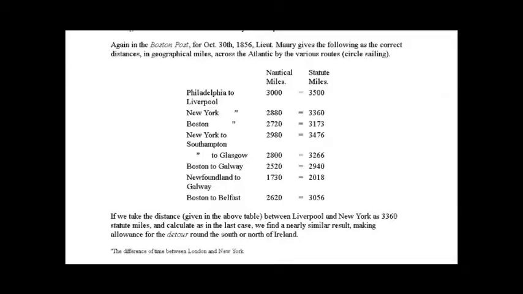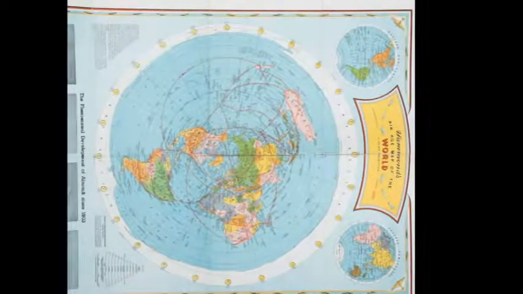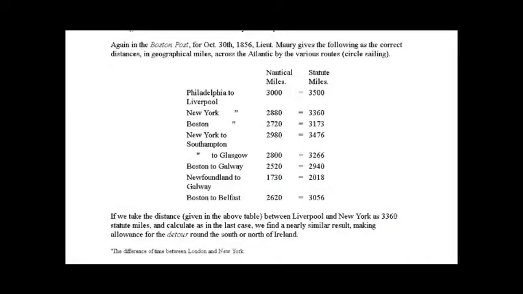New York to Liverpool, 2,880 miles nautical, 3,360 statute miles. Boston to Liverpool, 2,720 nautical miles, 3,173 statute miles. New York to Southampton, 2,980 nautical miles, 3,476 statute miles. Southampton to Glasgow,